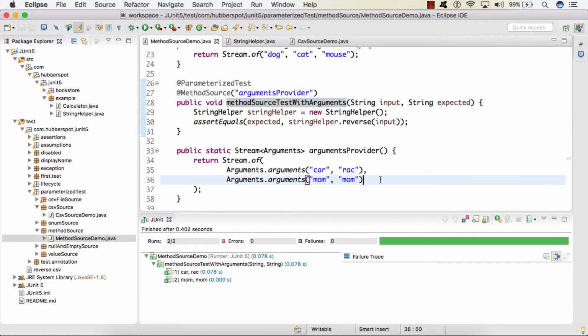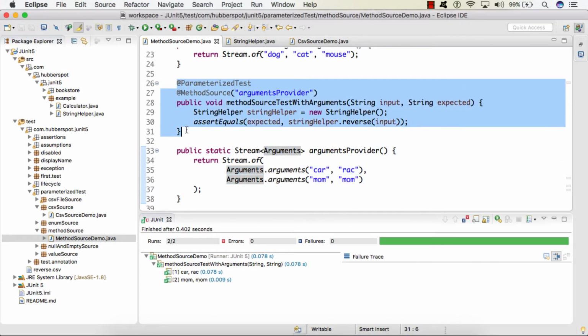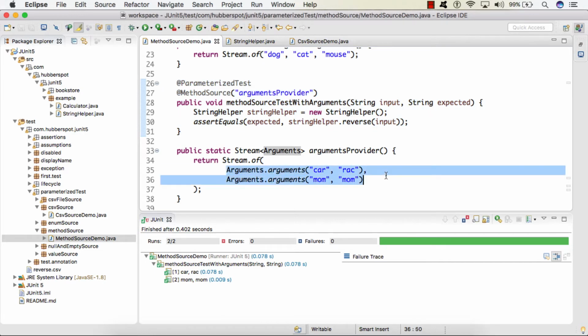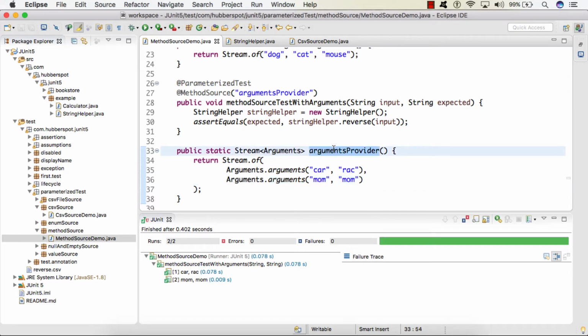So here, as we are providing the stream of arguments, one argument will invoke this @ParameterizedTest once, 2 will invoke twice, and it goes on for the number of values we provide in our static method.